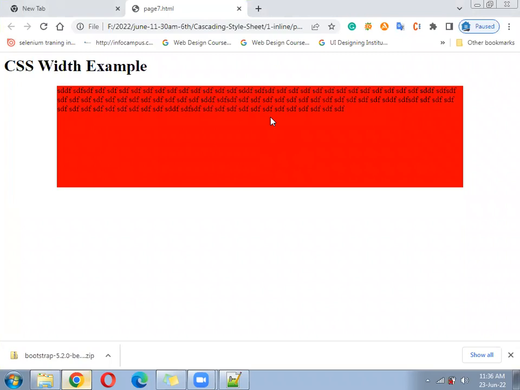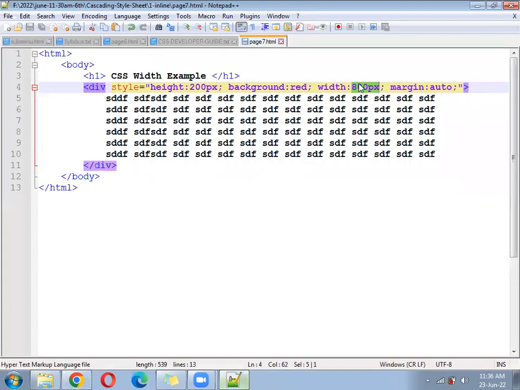Okay, so how much width is it taking? 800. The width required for this division. Whenever we run this division, it needs exactly 800 width. Okay, 800 width is required, and after that,